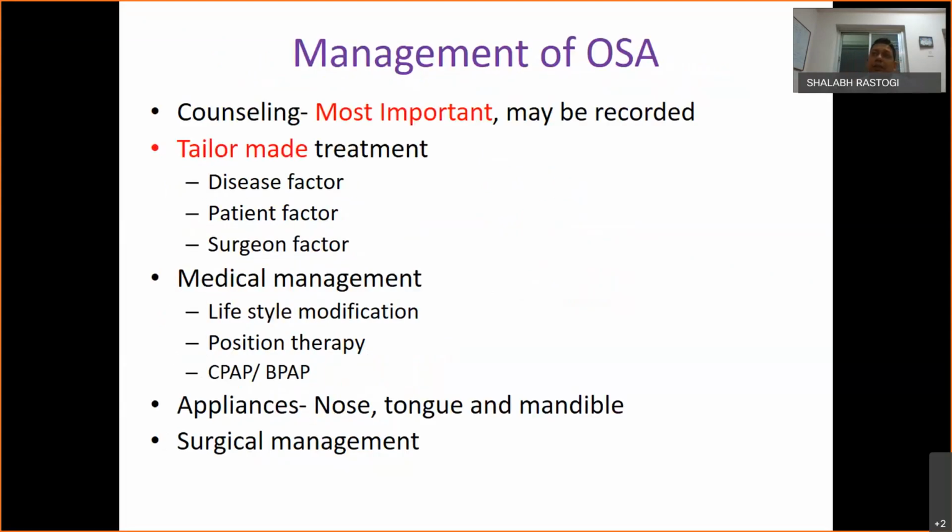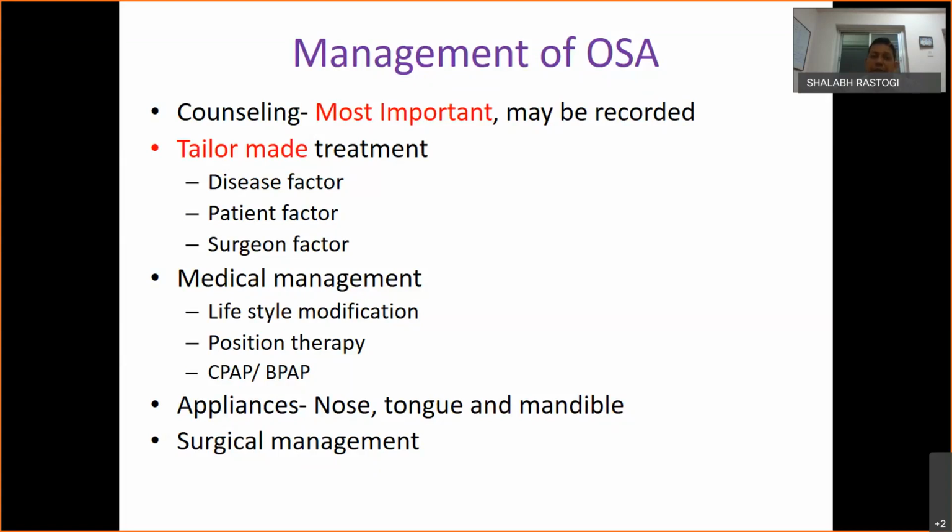Now, after all the assessment, you have to manage such patients. So the most important thing is you have to talk with your patient and tell them what the problem is and why you should consider this problem a serious problem and what all things we can do for you. Since none of the treatment is 100%, counseling is the most important thing, so that the patient cooperates and understands the severity as well as the amount of benefit which can be given by the various management, either medical or any other.